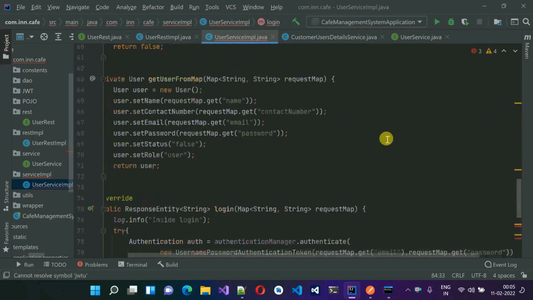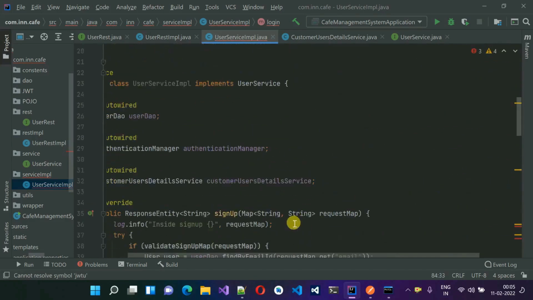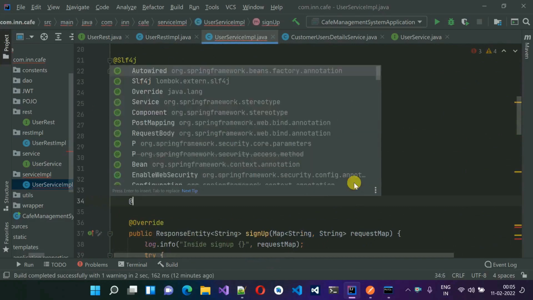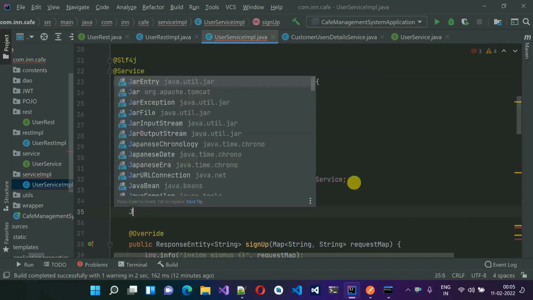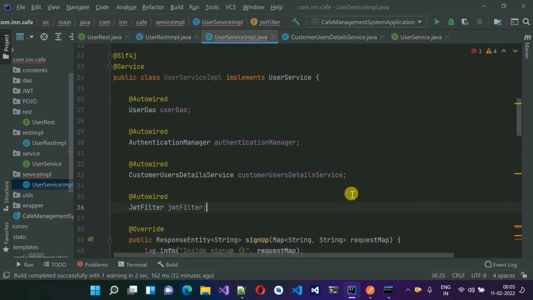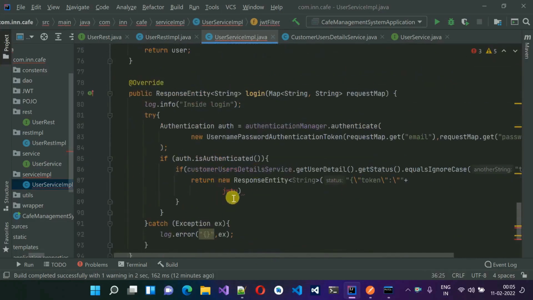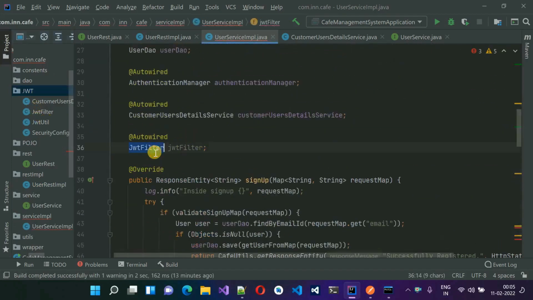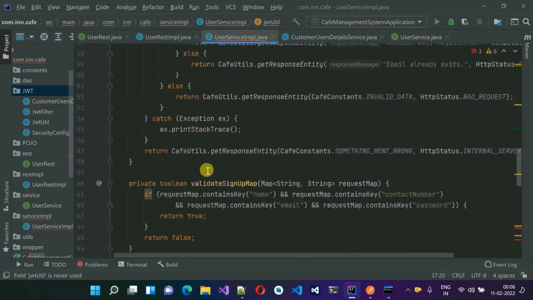We haven't created the object for this one also, so I'm going to create an object for it. So autowired JWT filter over here, like this one. We'll move back to this one. It's not JWT filter, let me just open it. JWT util, sorry, my bad. JWT util. If I move back over here,